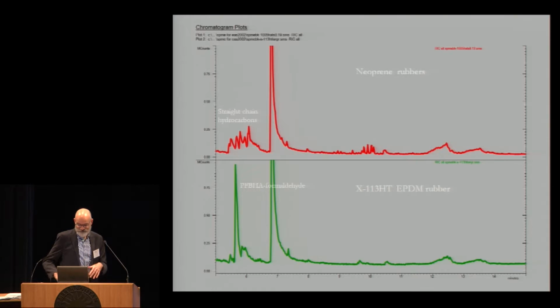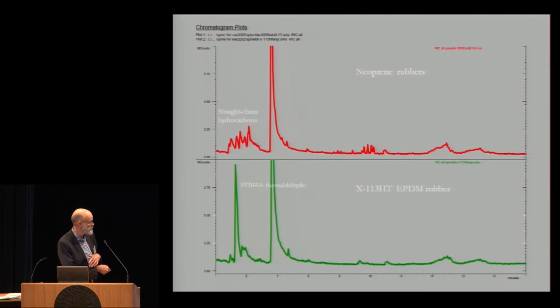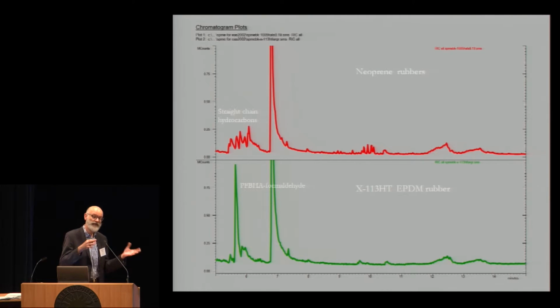Rubber gasketing. Again, two different examples. We have one here, an EPDM rubber, which is off-gassing a huge amount of formaldehyde. And then another one, the neoprene rubber, which contains chlorides, but it's also off-gassing a bit of the straight-chain hydrocarbons. So this is one of those neoprene rubber seals that we allow for things that are not that sensitive, for instance, stone materials if they're in a case, or for other materials that are not art-containing that require rubber gasketing